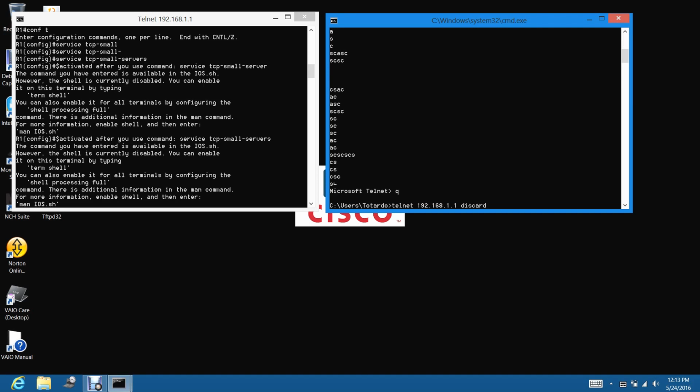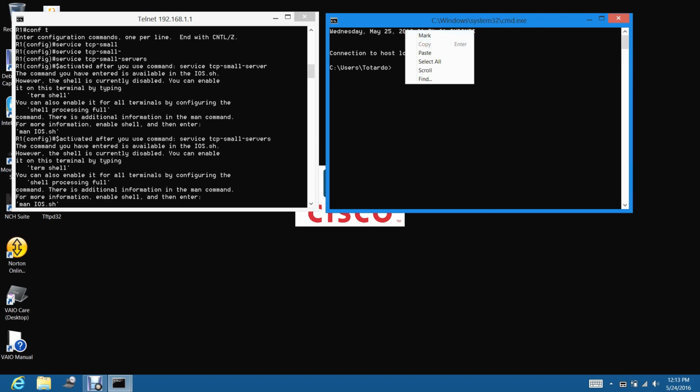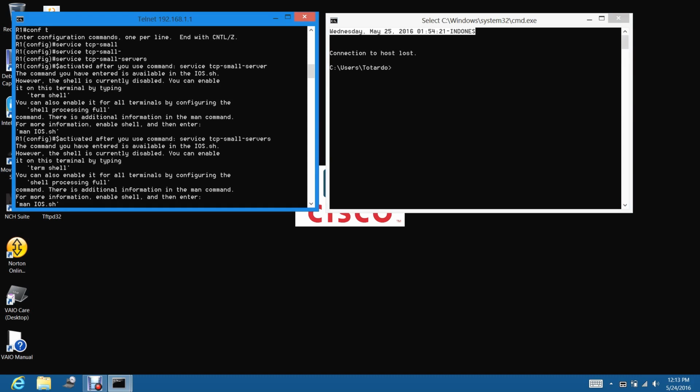Next we will try Daytime. Daytime is just a server that returns the current time on the router.